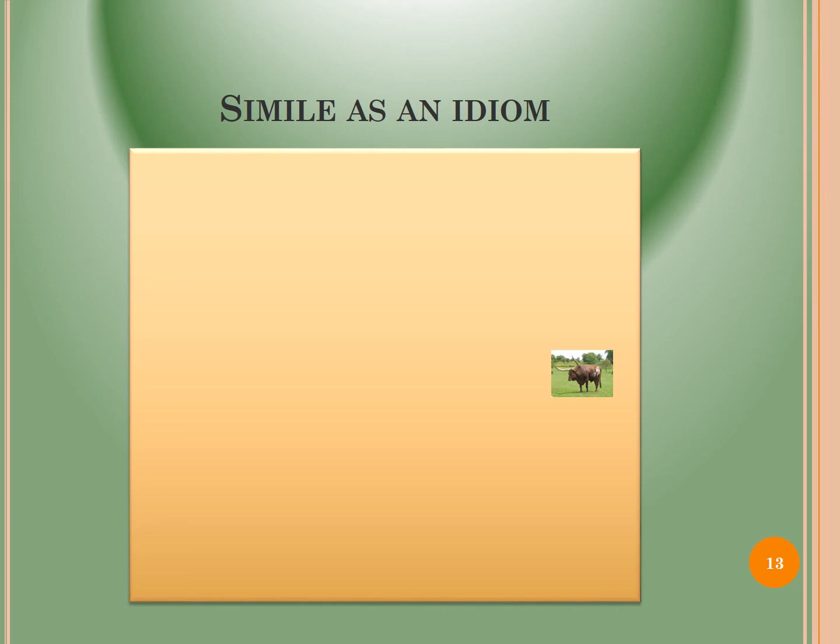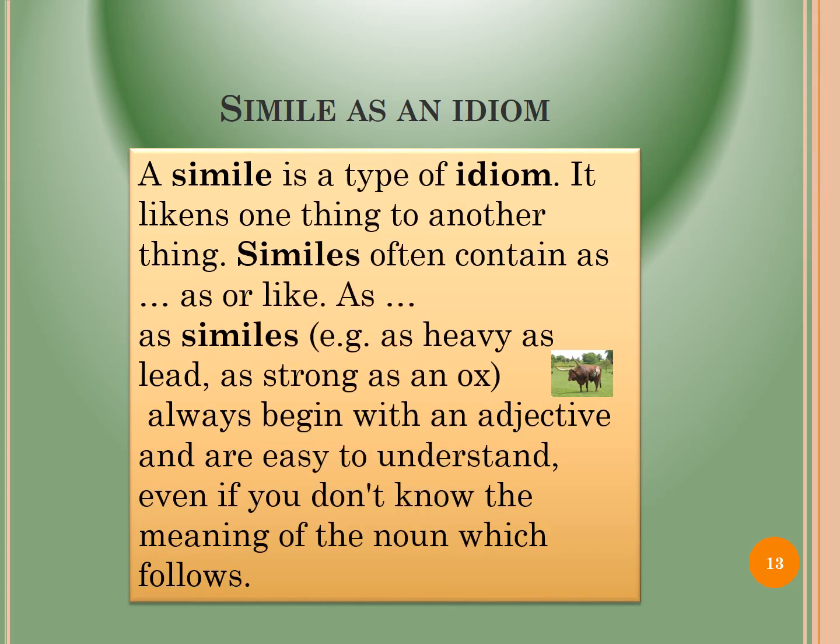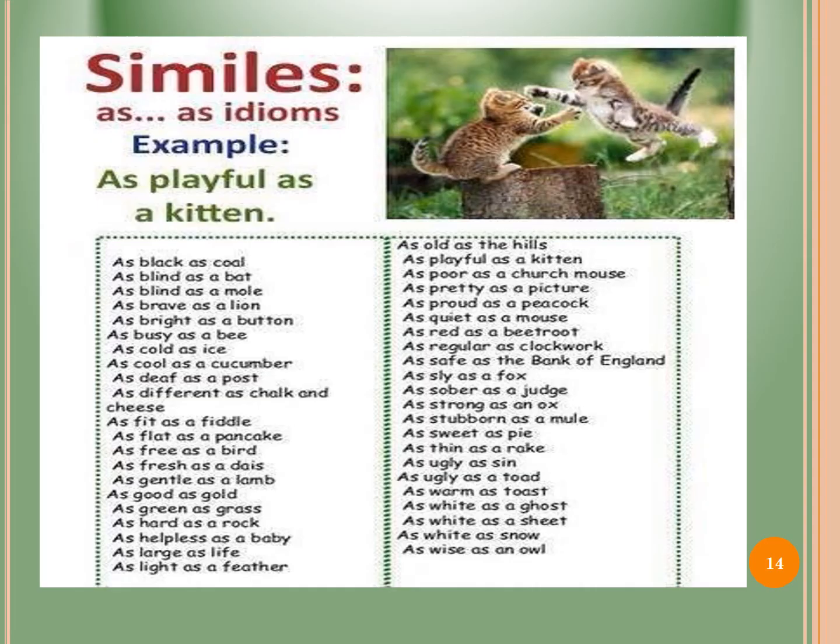Now let's talk about simile as an idiom. A simile is a type of idiom. It likens one thing to another thing. Similes often contain as or like. Example, as heavy as lead, as strong as an ox. They always begin with an adjective and are easy to understand even if you don't know the meaning of the noun which follows. This is a chart of the similes used as idioms, like the first example, which is highlighted here: